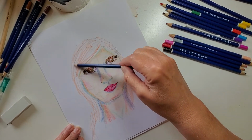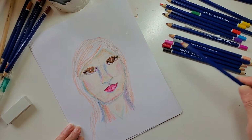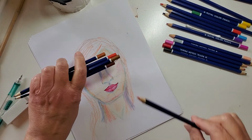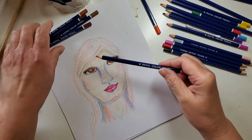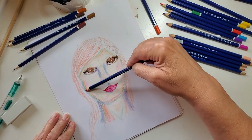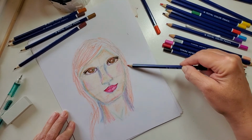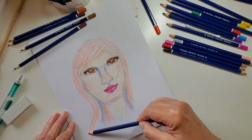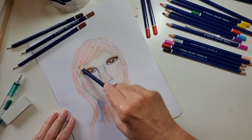I always think the hair just kind of brings the humanness more out. Okay, so I put all these brown colors. I want you to know what I'm doing. I don't want you to think I've changed gears. Going for the next darker in the orange family and adding some of this. Again, just following the lines that I started with, holding the way back of the pencil. Now I'm going to go to the next darker color, lay it in,